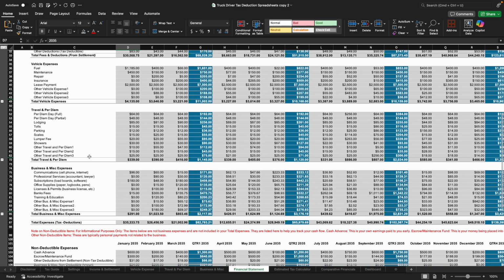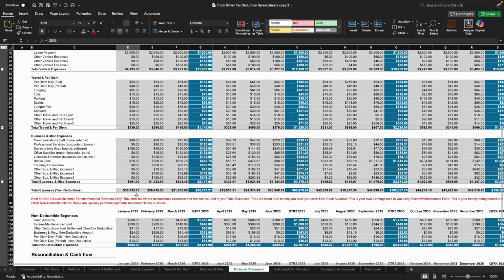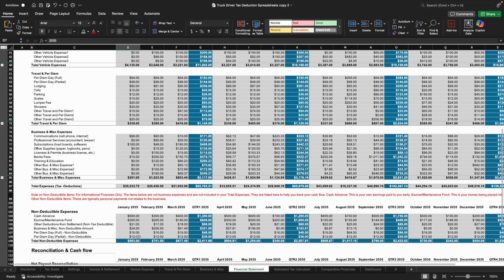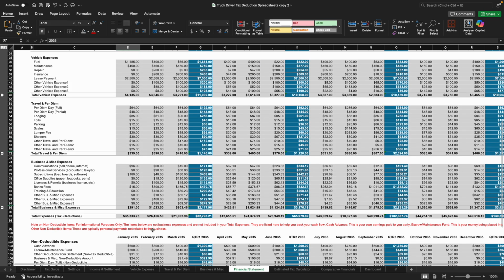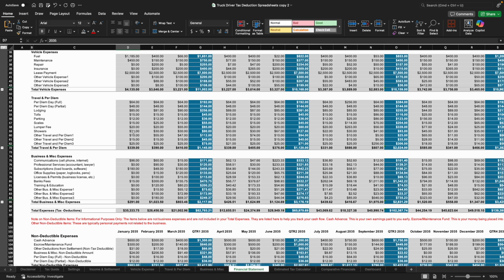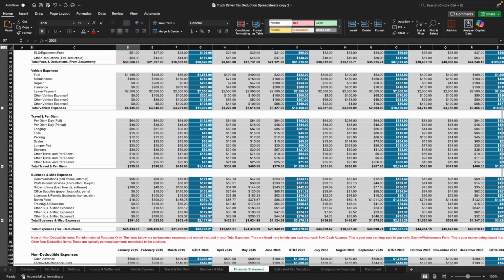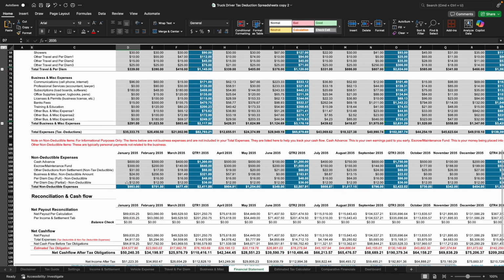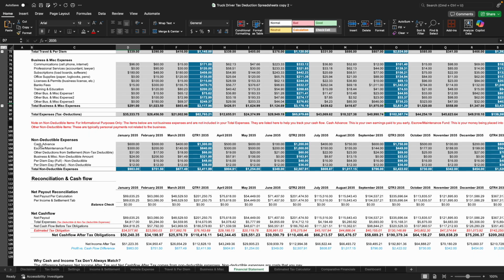So the IRS, for example, gives you $80 per day, but you can only deduct 80% of it. So for example, in January, you can only take $64 as a deduction, and the other 16 is non-deductible, okay? So everything is organized and laid out for you, whether it's deductible or non-deductible. And here at the bottom, I have the non-deductible expenses that you can see here,